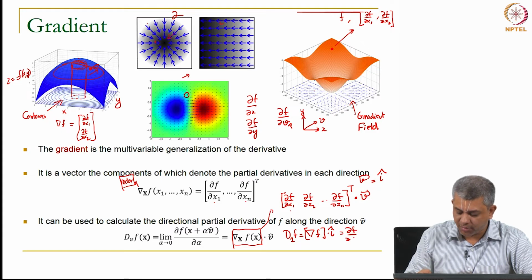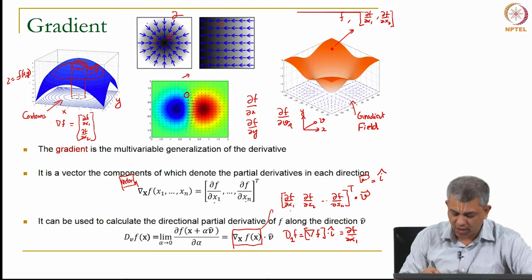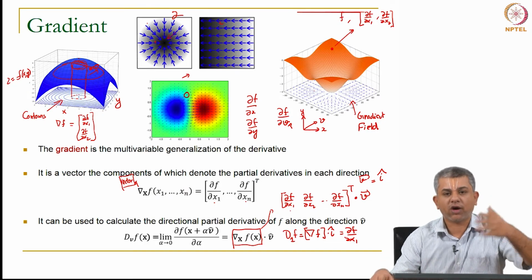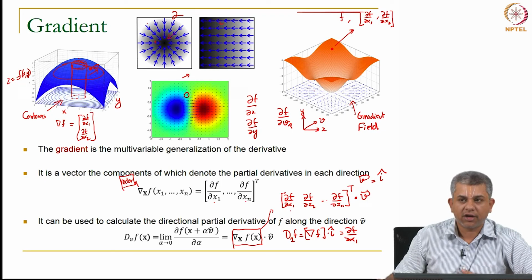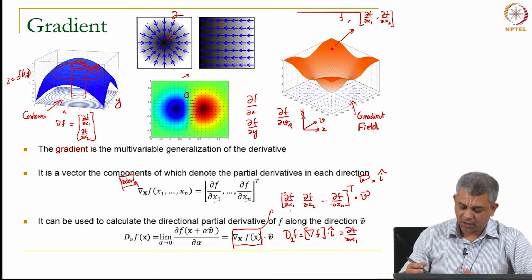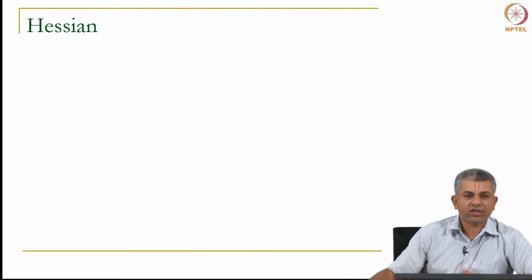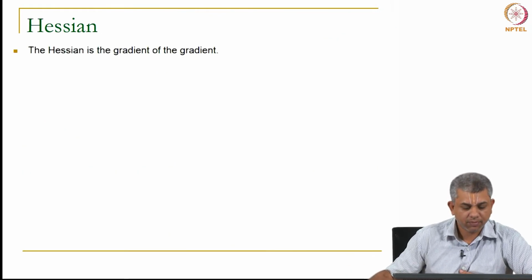So, this retains the meaning of the partial derivative. Similarly, if you take the direction 2, you will get del f del x 2, so on and so forth. So, for the coordinate axis this kind of reduces trivially, but in the general case you simply take a dot product along that direction. So, next we come to the idea of a Hessian.